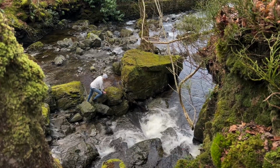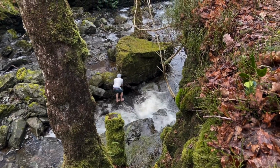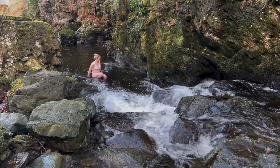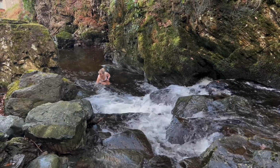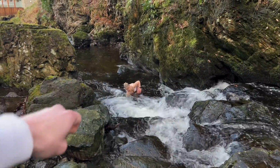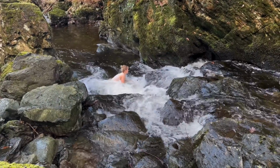The next 30 minutes consisted of us scrambling around in sometimes waist-deep, freezing cold water, trying to locate our camera lens. Despite how difficult it was to feel the bottom of the river, Gemma refused to give up, and not being one to turn down a cold water dip, she jumped at the opportunity to get her kit off for a swim. However, trying to find the tiny lens beneath the raging torrent of the recent rainfall seemed like an impossible task, until...